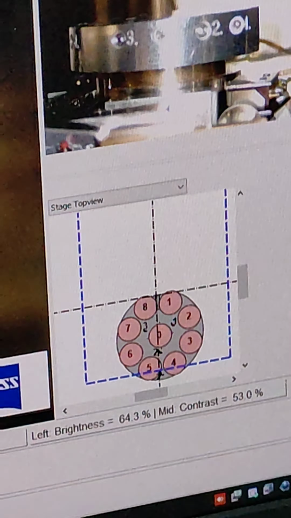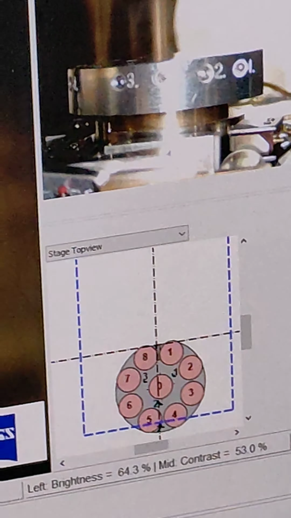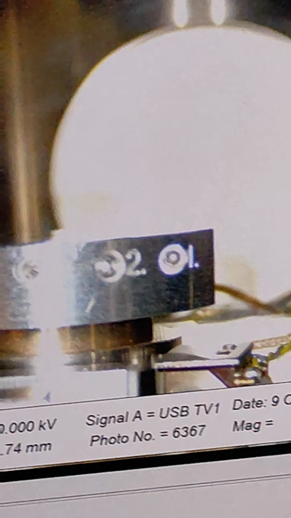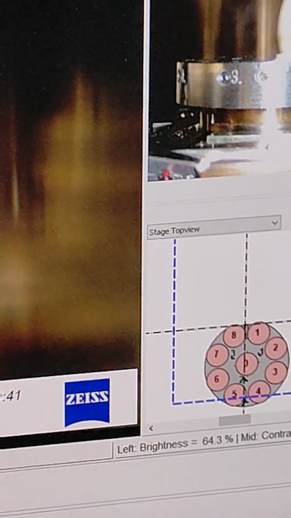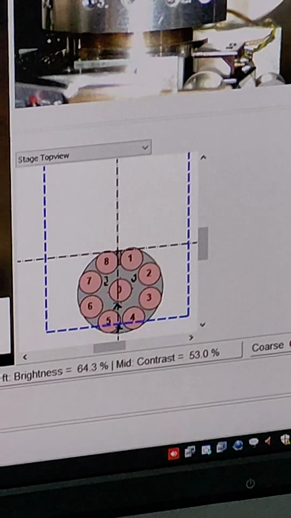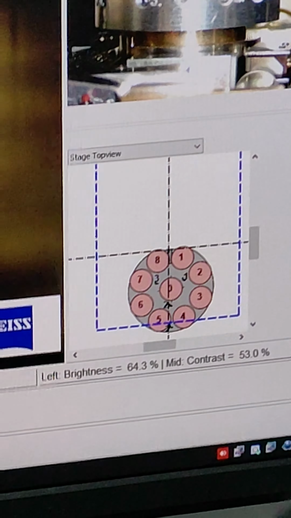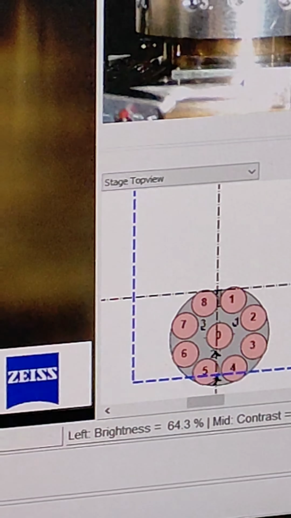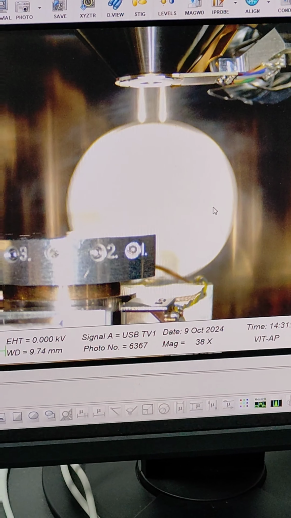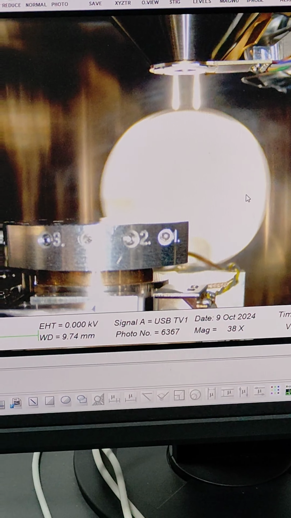So this is the sample number. You can load up to 8 samples at a time, and in the middle one more can be added, so totally 9 samples we can load. You need not disturb it and reload it again till all these 9 samples are over. For every polymer sample, we need a